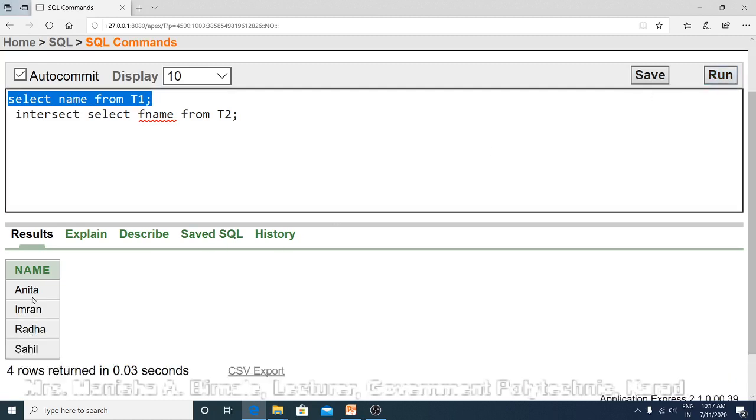The contents of the T1 table are Anita, Imran, Radha and Sahil, the name column present in the T1 table.